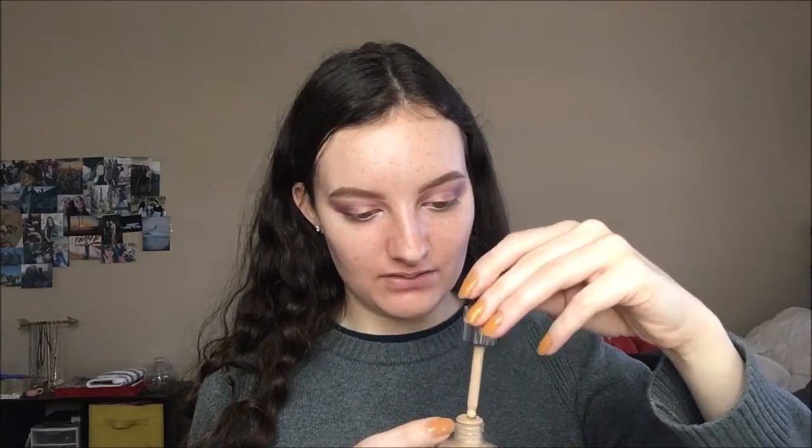So I'm just going to move on to my face and then I'll go back to my eyes and finish up the eyes later. I'm going to go into the Catrice Cosmetics HD Liquid Coverage Foundation. This is in the shade Light Beige. I don't love this shade, but there's only 4 shades, so...